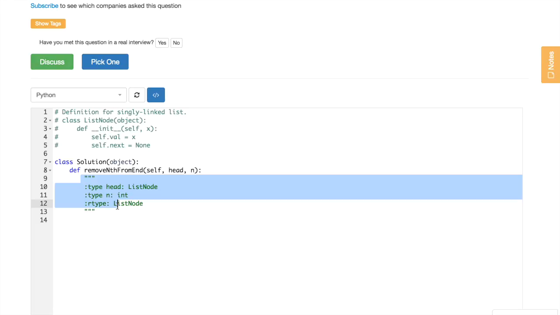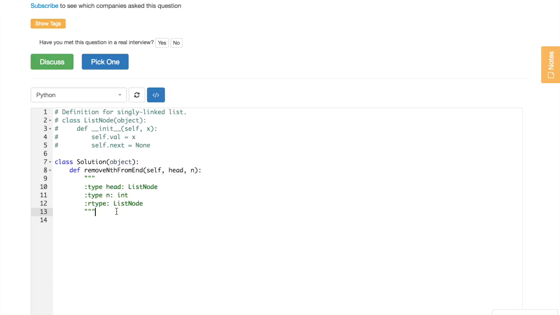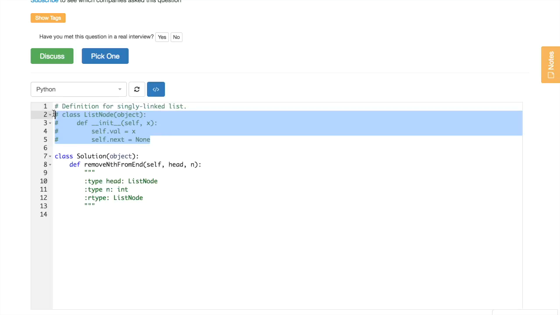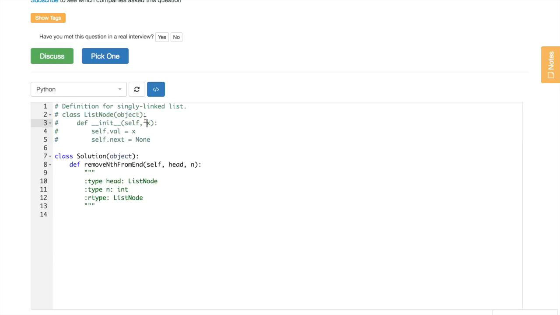So then we should look at this section. This section says what will be the expected type of the arguments which are passed to this entry point function or entry point method. So self is okay, just skip it. This is the object because for some reason we have a class here with the method instead of just a function. But then we have 2 arguments, head and n. So head will be of type ListNode, and they already provide this class called ListNode, which has a